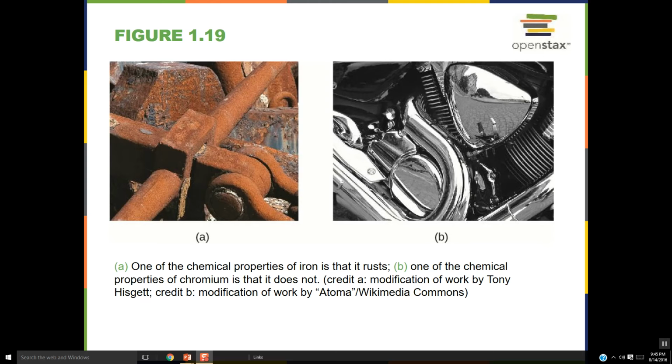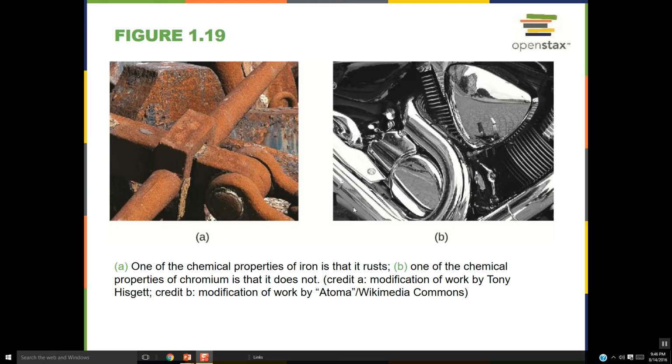And as you'll see when we actually do this, rust isn't a deterioration like we would normally think. It's actually gaining mass because you're adding molecules of water and moisture and oxygen to it, particularly oxygen. So rust actually gets heavier rather than lighter. We always tend to think that it's decomposing, but here, this would be a chemical property of iron,